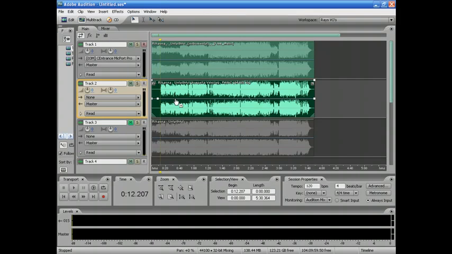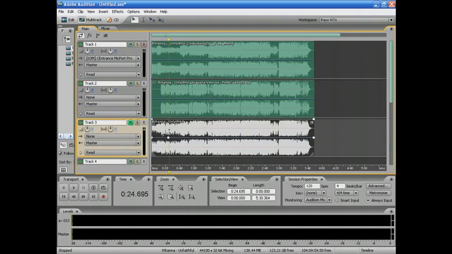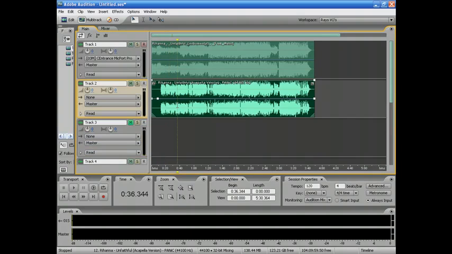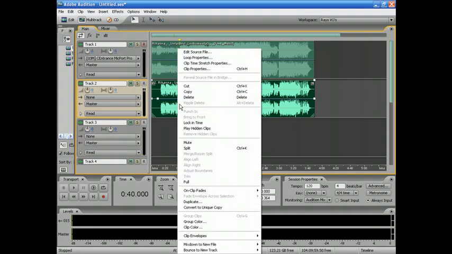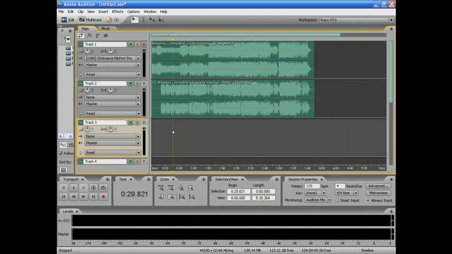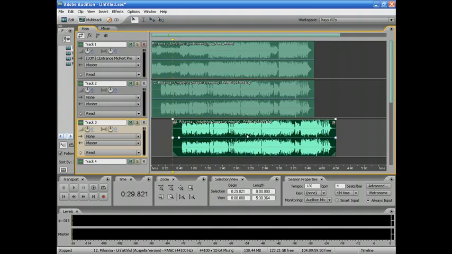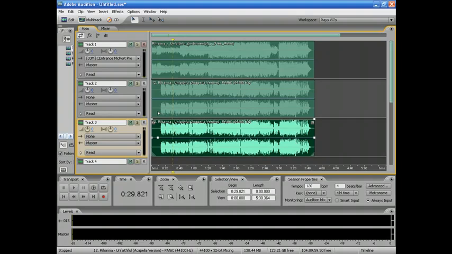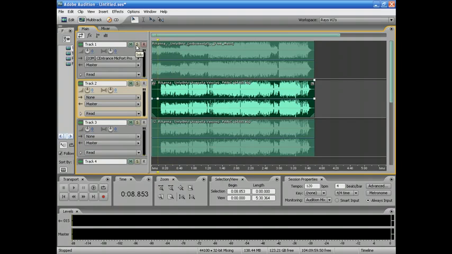I'll show you a couple things that you can do with your voice. We won't need it on this particular track. We're going to get rid of this one now so we can open it up. But one of the things that you could do is make a copy of your vocal track, place it down here, and then let's mute that. You can hear the two side by side.